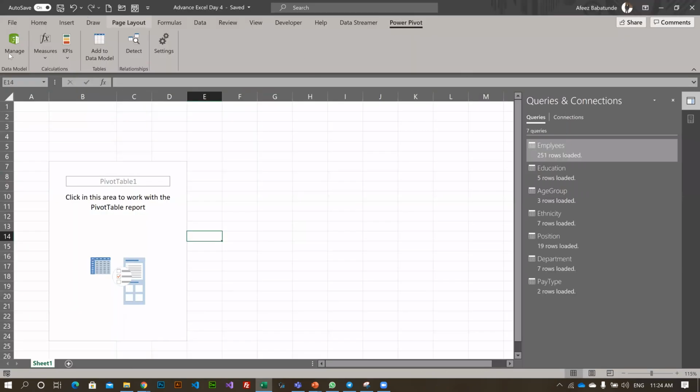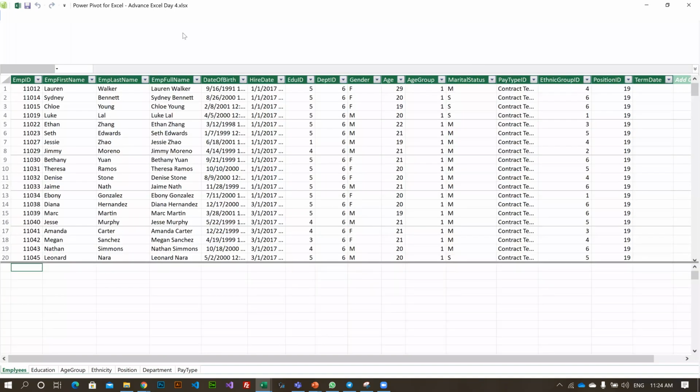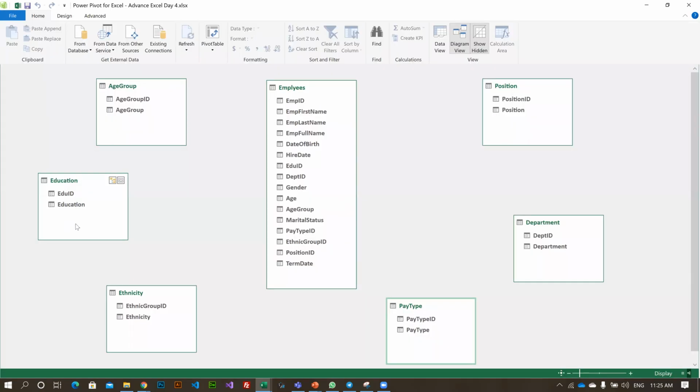Let me go back to my Power Pivot. Click on Power Pivot, go to Manage. Under Diagram View, you want to create a relationship now. That's what we said. I believe that for the department, age group and education tables, I have a one-to-many relationship, because I have one department here and more than 20 people in that department on this employee list. So I can communicate this